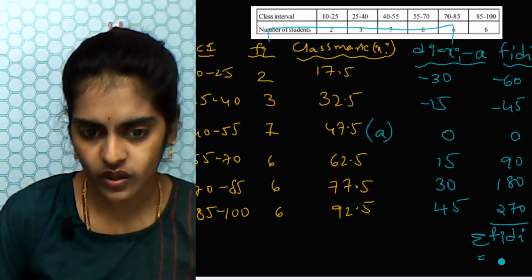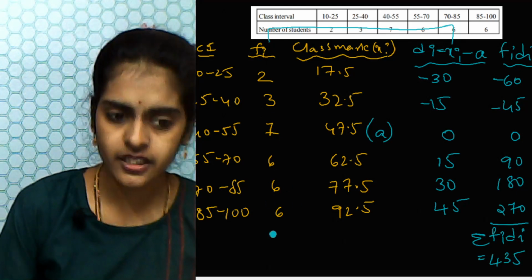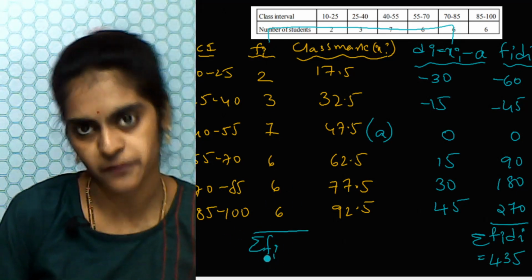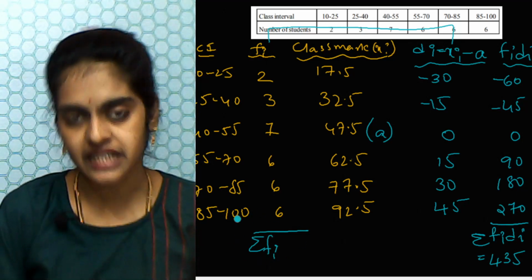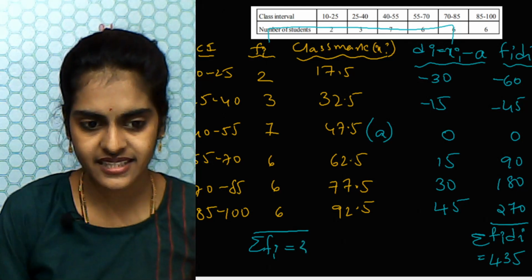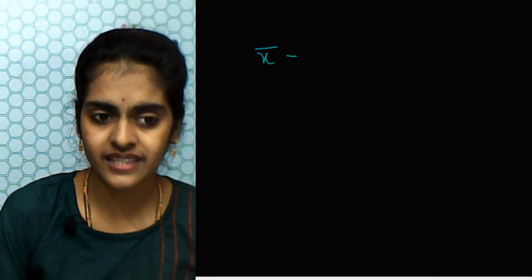So adding all these things, you're getting 435. Okay, and also you will take summation of frequency. In every method, this step is common. In every method, you will take the sum of the frequencies. So summation of frequency here is 30. Now the formula for assumed mean is, so you can calculate the mean using the assumed mean